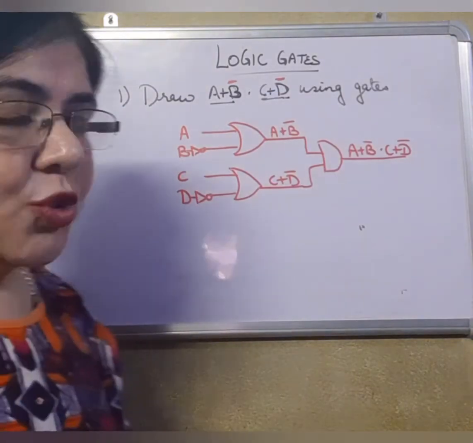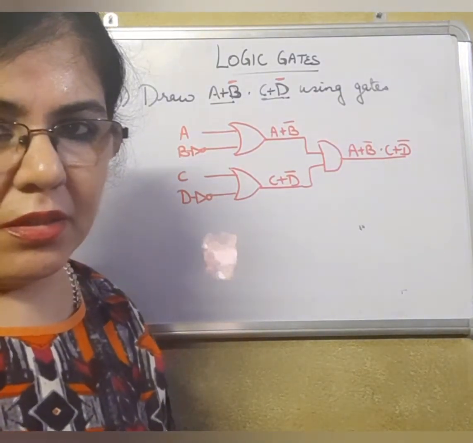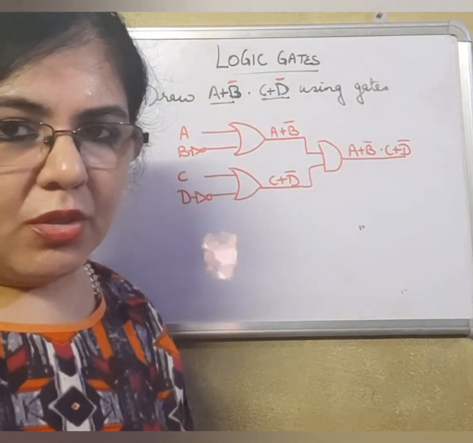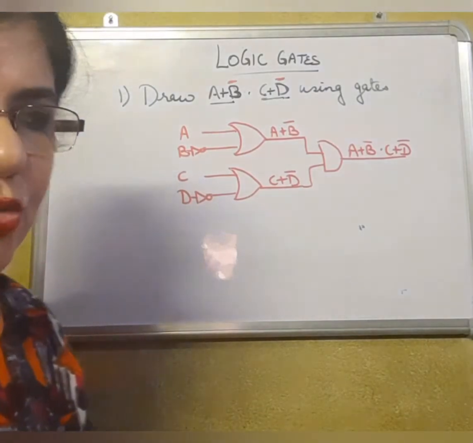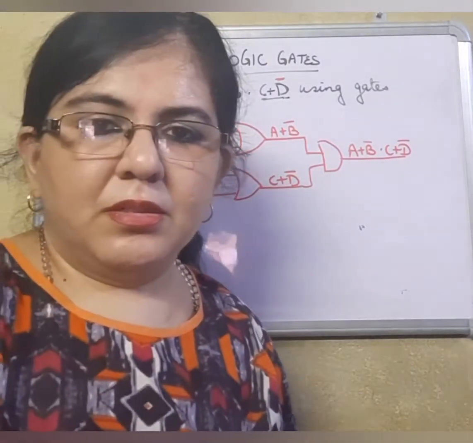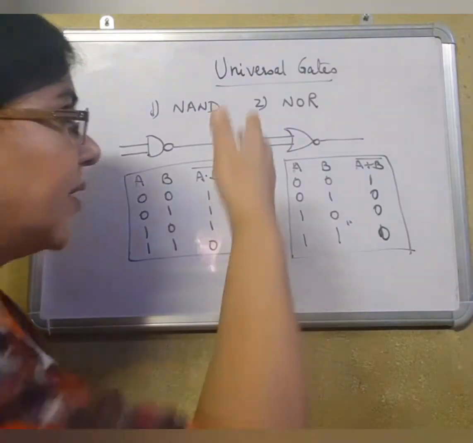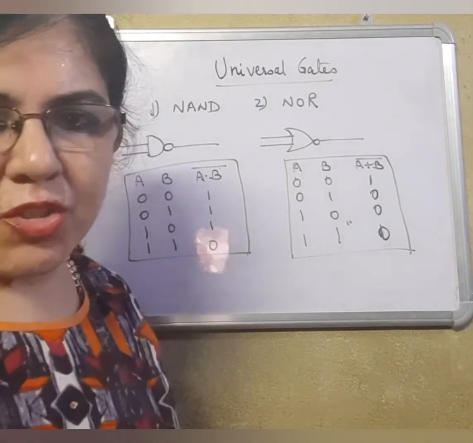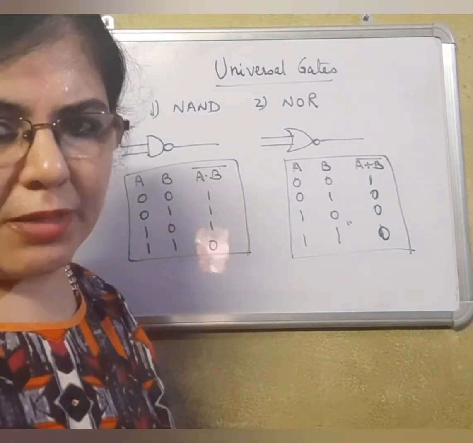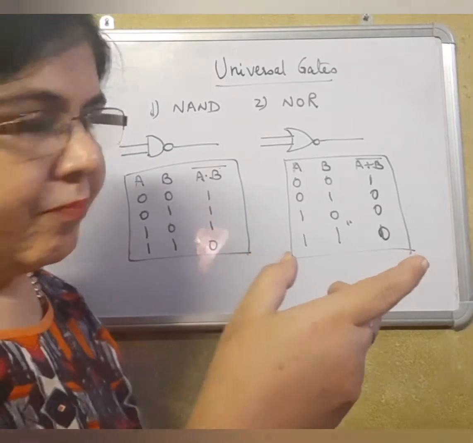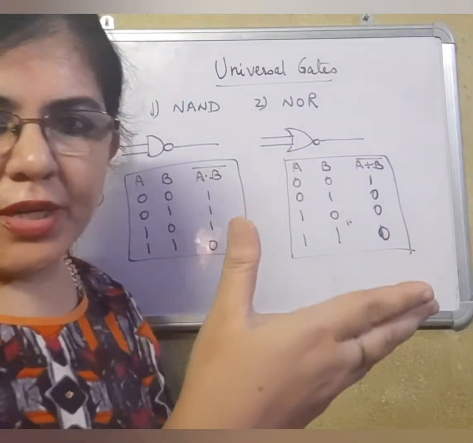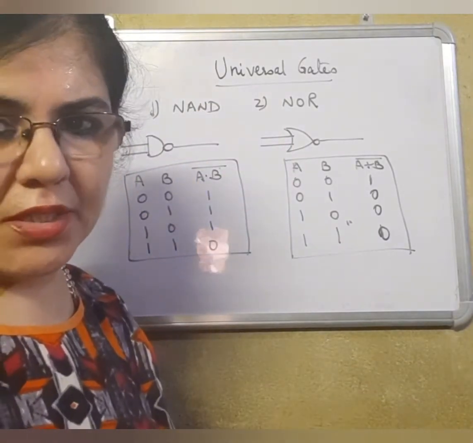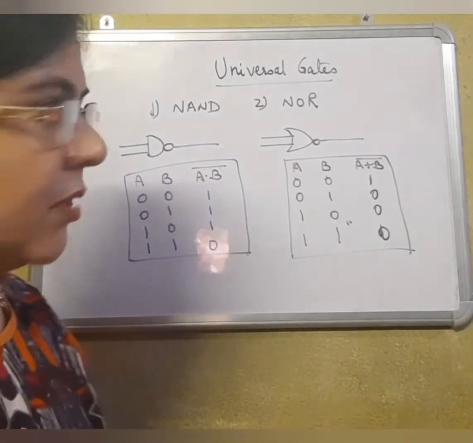Now these were the questions that can be solved by your simple logic gates, the three basic gates, AND, OR and NOT. Now let's look at the universal gates, how to apply them and what they are. Why are they said to be universal gates? There are only two, NAND and NOR. As the name suggests, NAND is a mixture of two names, NOT plus AND. That means whatever output you get in AND gate, it will be inverted with the help of NOT gate. So you will get the reverse output.